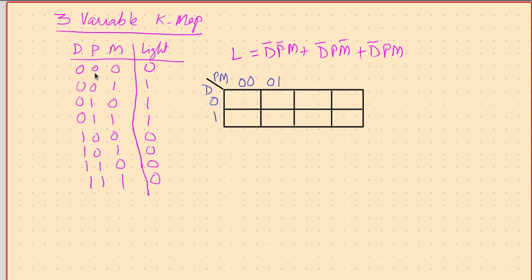According to our thing, 0 0, 0 1, then next thing should be 1 0. If I use 1 0, then this is 0, this is 1. No, P cannot be common. This is 1, this is 0. M also cannot be common. Therefore, these two cannot be paired together. So there is a problem.